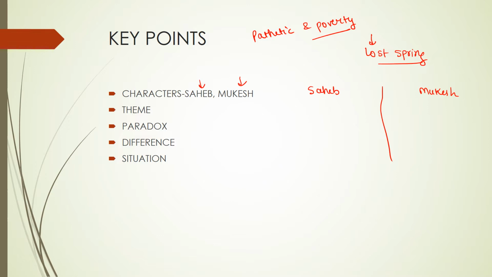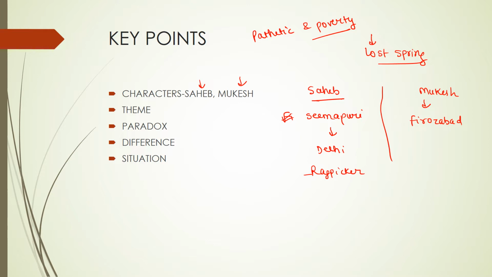The writer tells us how the poor children like Sahib in Firozabad, Sahib in Seemapuri, so he lives in Seemapuri, which is on the periphery of Delhi, okay, outskirt of Delhi, and here Mukesh is in Firozabad in Uttar Pradesh. So both these children are suffering from poverty. Let's talk about them separately. Sahib is a rag picker. So his job is to find out valuable things like money in the garbage dumps, okay? He has nothing else to do.